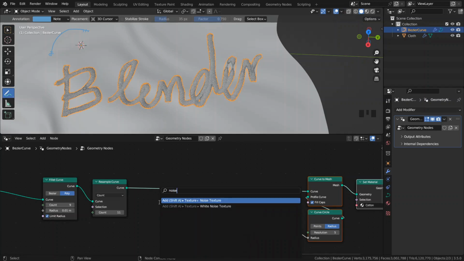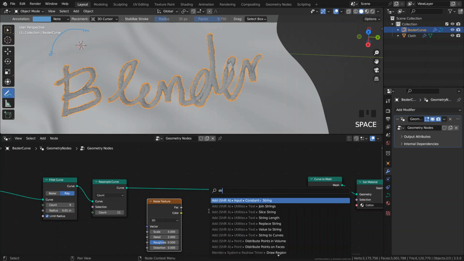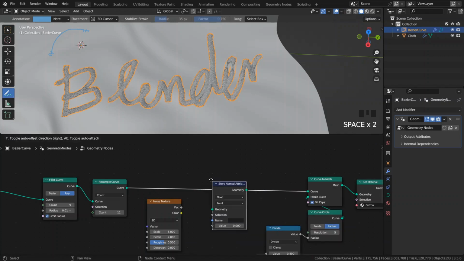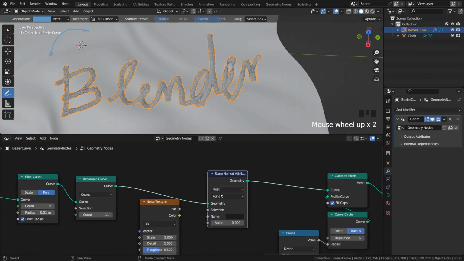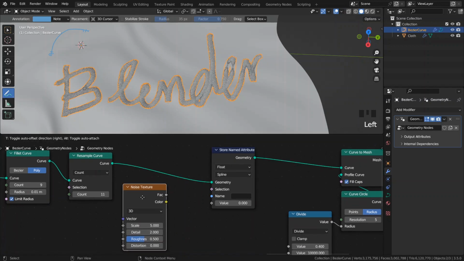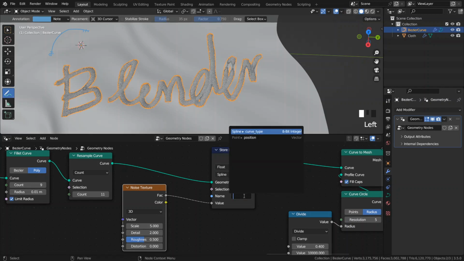A noise texture, and also I should store attribute. Okay, the important thing is to set this option to the spline, not the points. I'm connecting the factor to the value because let me show you first. I want to set the name to color,